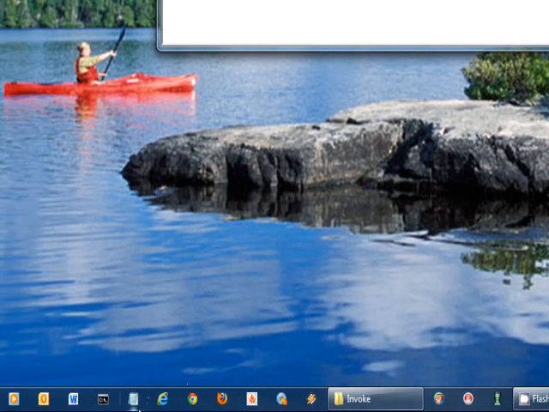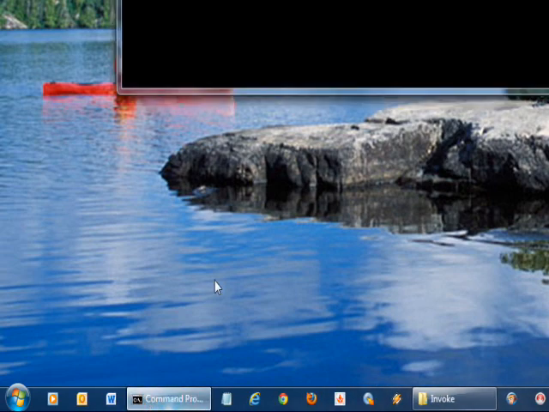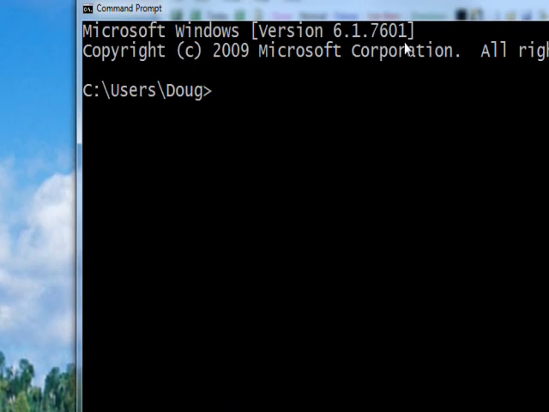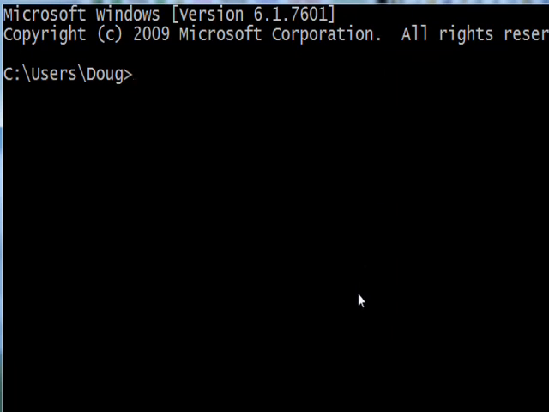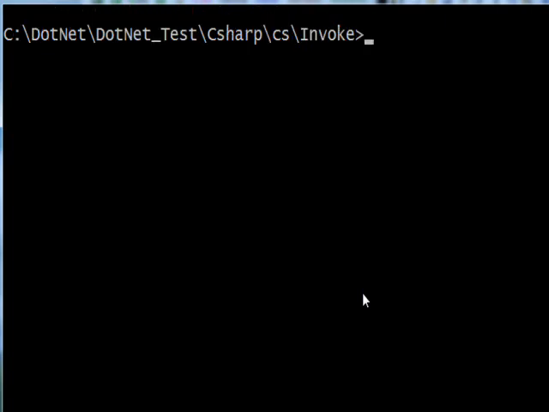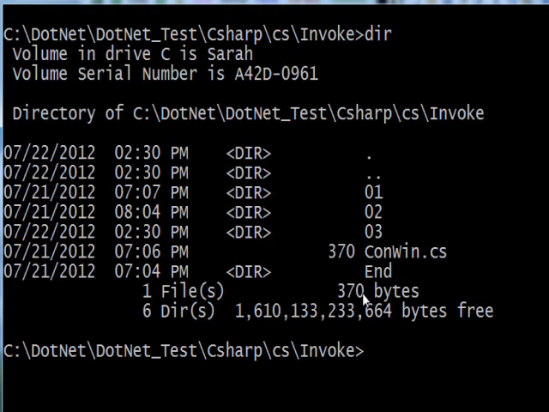Well, the first thing to do is to bring up a DOS box. So I have an icon that does that. And I've done quite a few videos on DOS boxes and console applications, so if I fly over some stuff here, you might go back and look at those, to try and understand them. But I'll go to the directory that I have the code in, and if I do a dir of this, there's only one file, conwin.cs. So we can